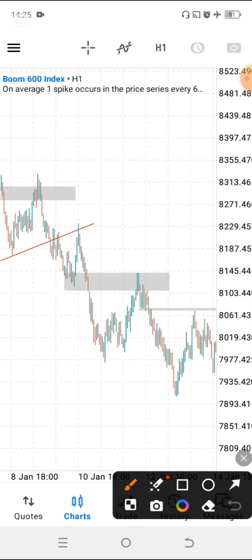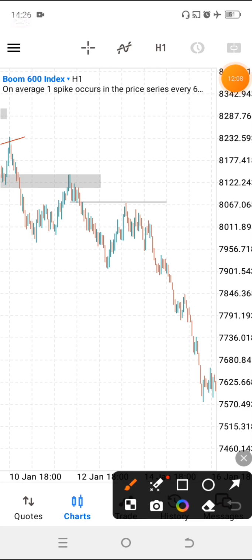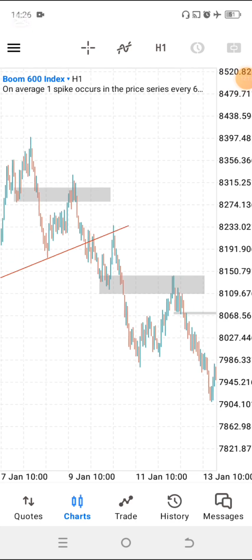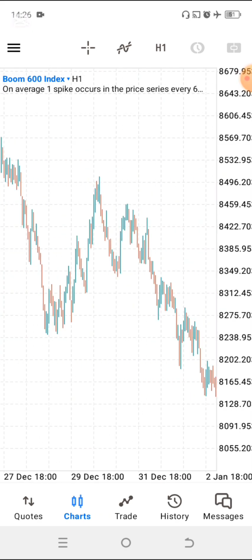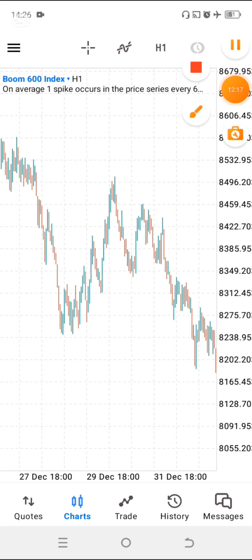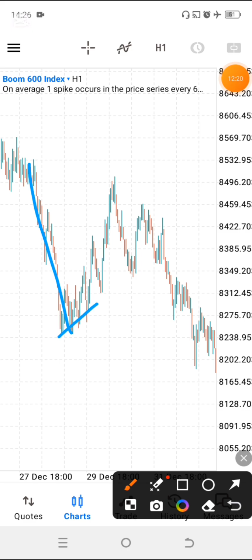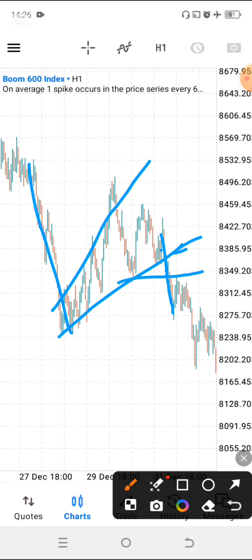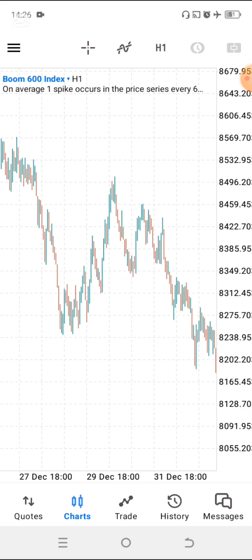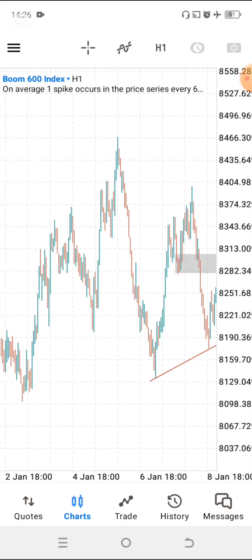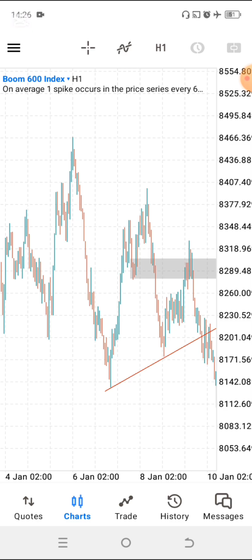So that's just how simply you can use what? Flags or wedges or continuation patterns, impulsive move, pull back in a consolidating manner, right? And then you enter your sales, you get your what? Your entries over here again. As you can see, impulsive move, flag over here, right? Breakout, right? This breakout didn't come back to the trend line, right? As you can see, but it so like tested this zone over here, so you could have entered the entries over there or on the breakout of the trend line. So it's actually a strong strategy that you can use in order to get your entries, right?